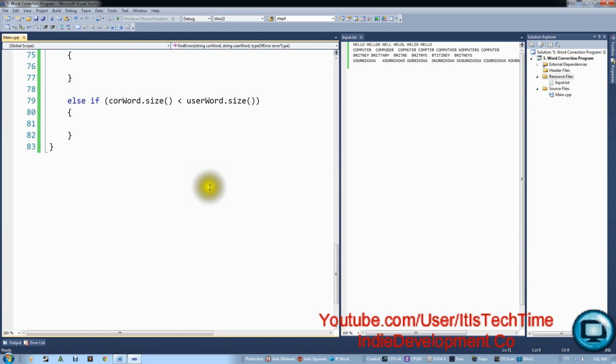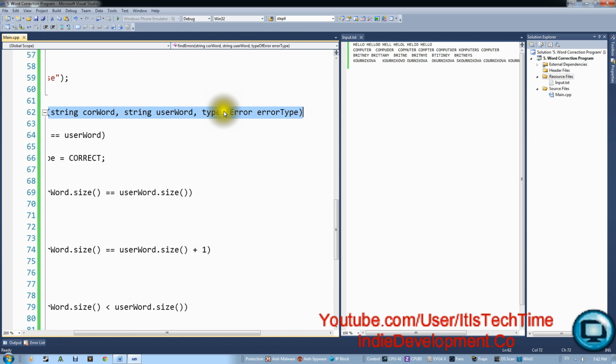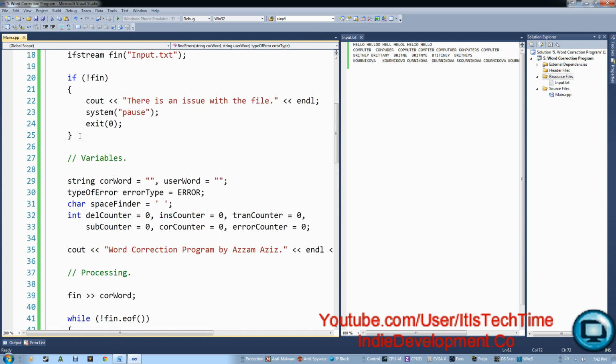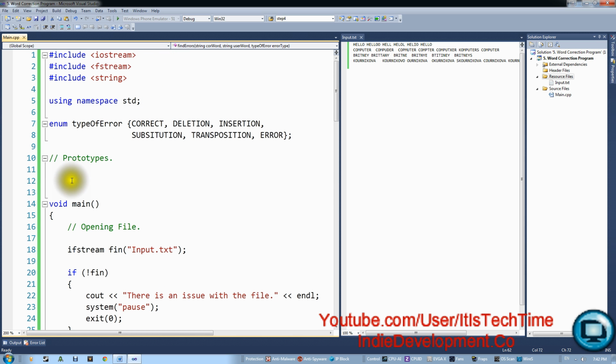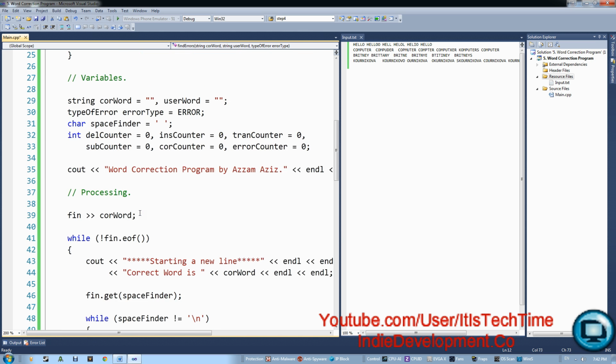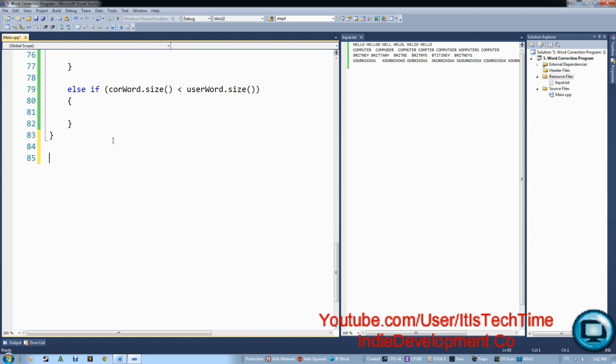So in here, before we do that actually, let's copy this line right here, right click, copy. This is the function head for find errors, and we're gonna make a prototype of it right in here, and the prototypes go before main. So just paste it and put a semicolon here. There it is. So let's go back on there, and for this error we're gonna check for substitution first. So let's do this right here. Void, it's a void function,